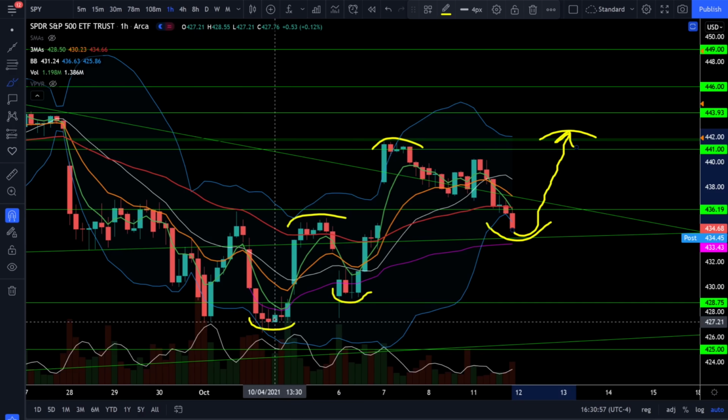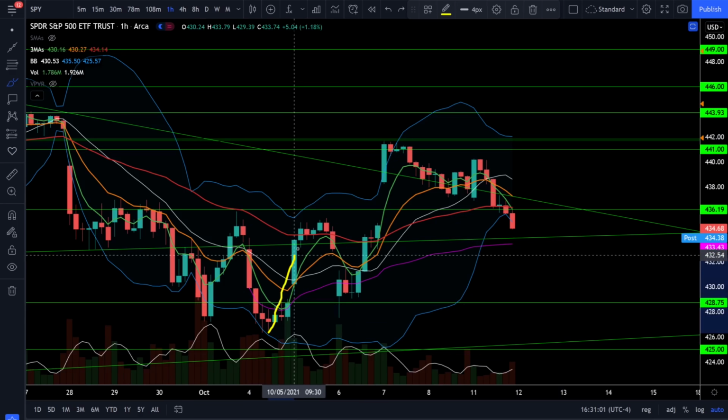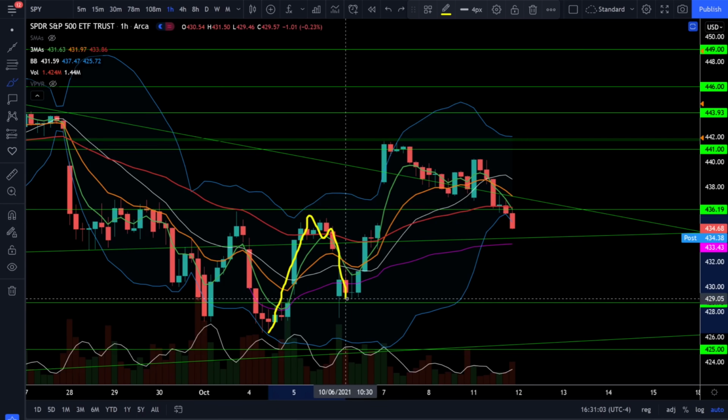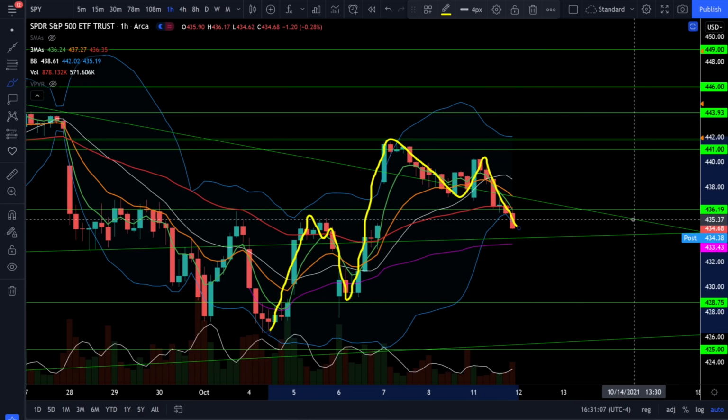By far, looking at this chart, you can see that we're definitely starting to impulse higher. You can see a really nice impulse move followed by a corrective move here, and then we have another impulse move followed by another corrective move. If you don't know the difference between an impulse move and a corrective move, it does help you understand the